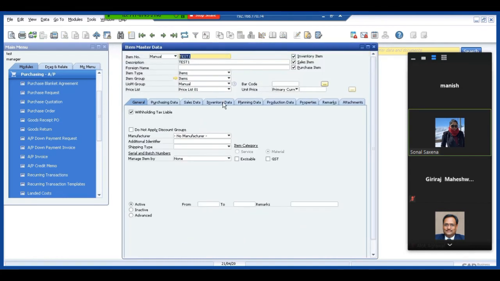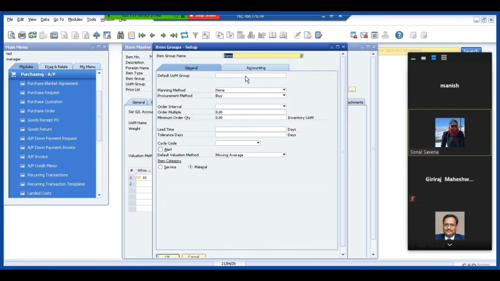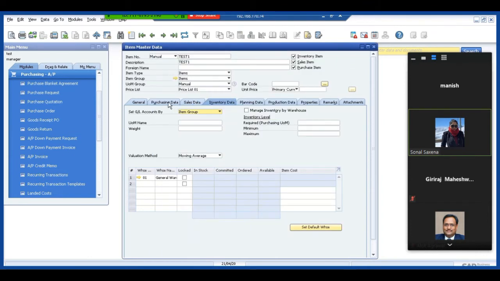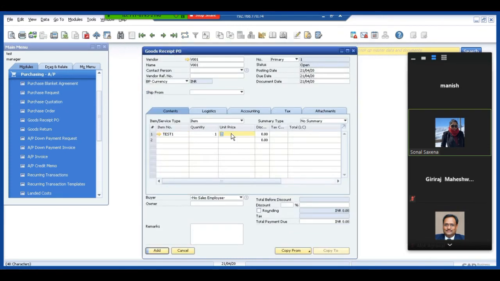Just created an item, item group. Okay. So the budget limit was 1000. I'll put the price as 3000 and I'll try to add the document.